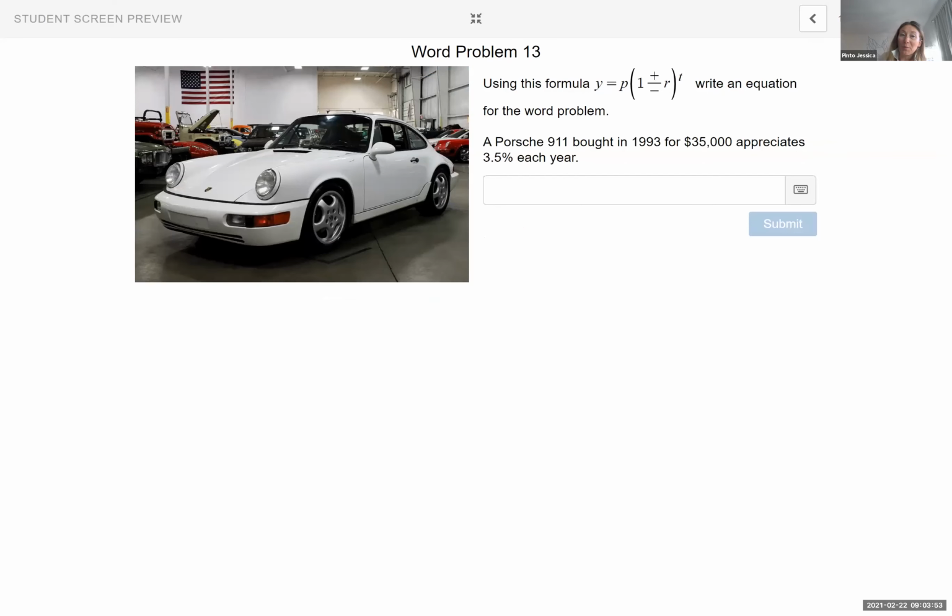And so here's word problem number 13, the last one. A Porsche 911 bought in 1993 for $35,000, appreciated, which means goes up in value. So that would be 35,000 times, okay, so it goes up 3.5%. So that's like you got 103.5% on your quiz, so 1.035. And then since 1993,